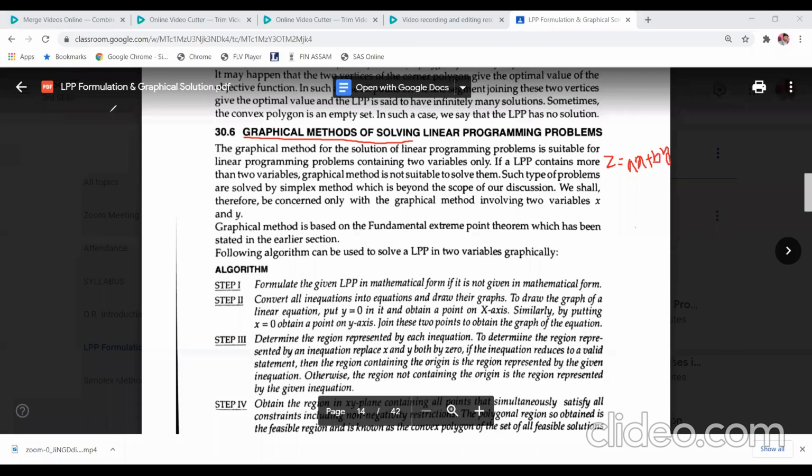Suppose this is your objective function, and you have to optimize it. That means either you have to minimize or maximize, depending on the problem, subject to the constraints, say